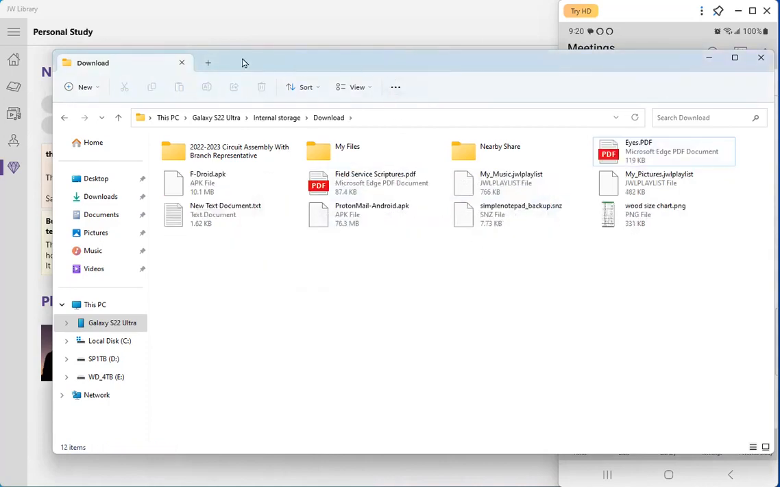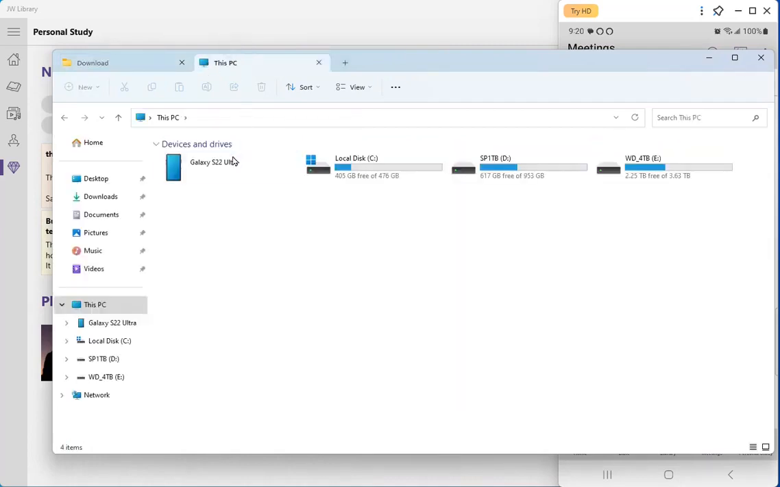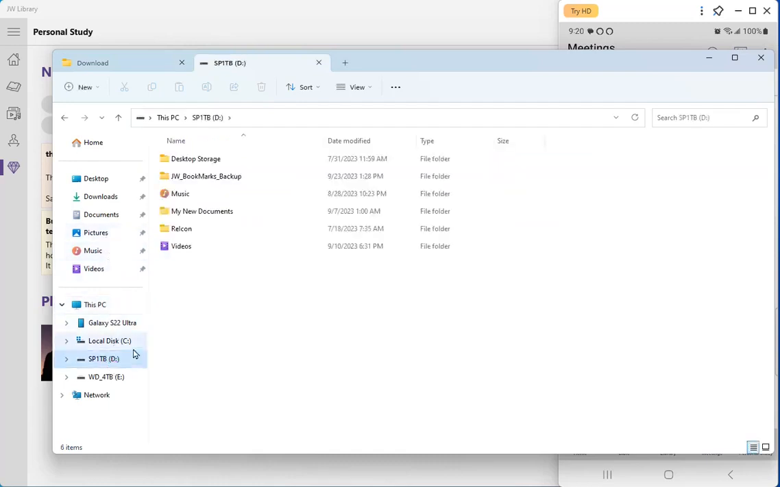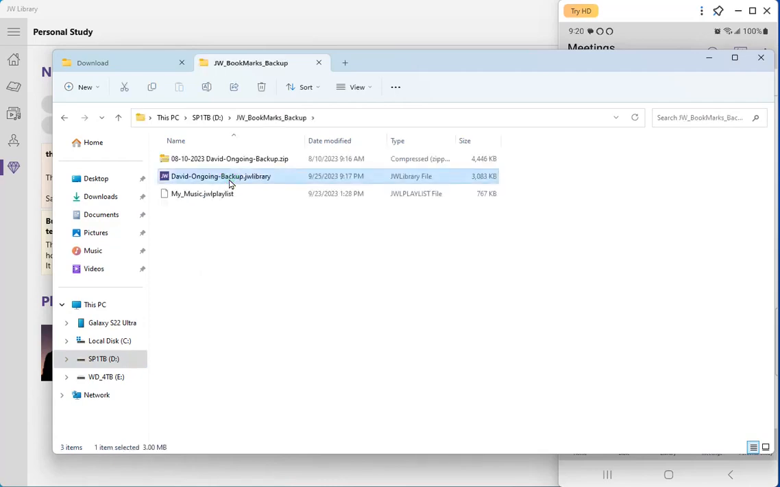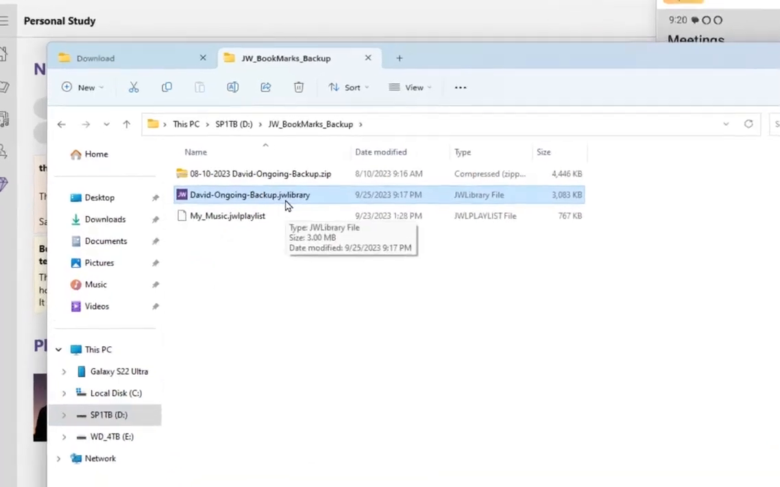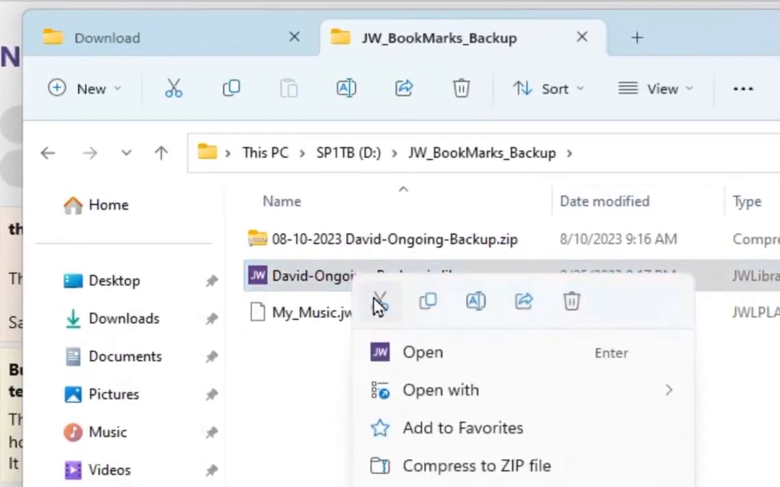And now I want to open up another tab up here at the top of your File Explorer. This time we want to go over to where we saved our file. So I've got it on this drive. I've got it in JW bookmarks backup, and then right there it is. So that's the one I want to bring over. So I want to copy that. Use the copy here,